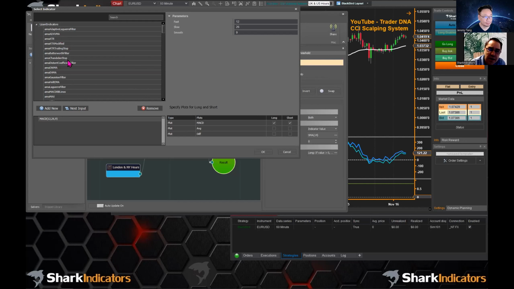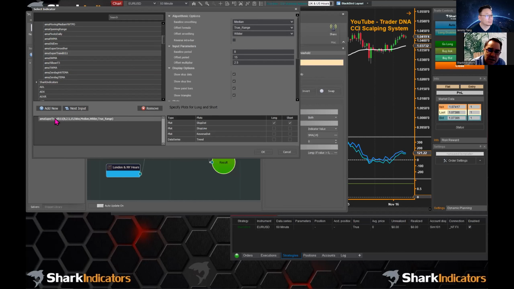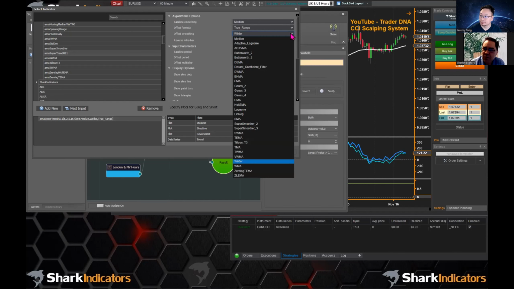Let's see, the ADX VMA, ATR modified. I'm trying to find something from NinjaTrader. It's pretty common for a nicer, fancier indicator to use other indicators, like the SuperTrend. You can choose different indicators for its formula, like the double EMA, the regular EMA, the EHMA, I don't know what that is, that's a new one on me, or the SMA. So this SuperTrend is using other moving average formulas.